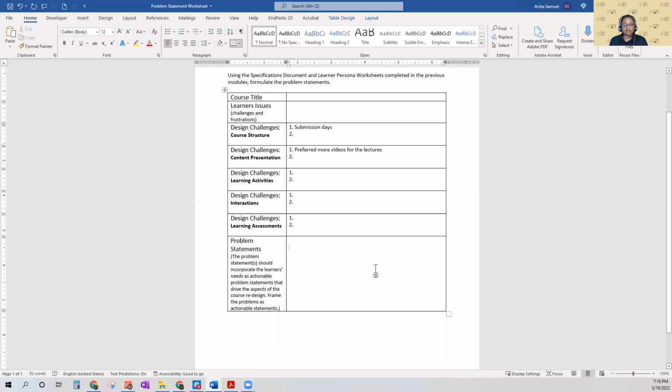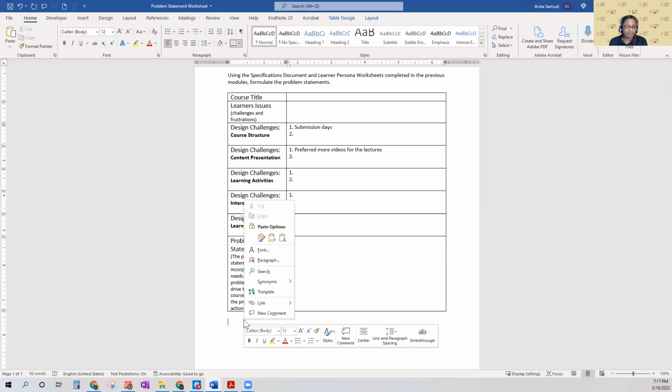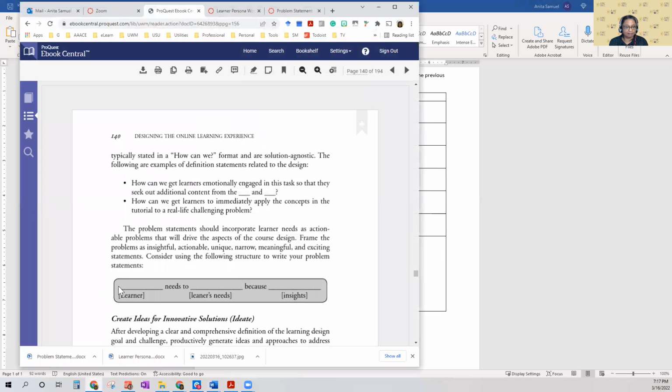Okay, so now when we come to the problem statement itself, on the textbook that you have, I think it's chapter 8, page 140, you actually have a statement example over there. See, learner needs to do something because of something. This is one way of framing it.